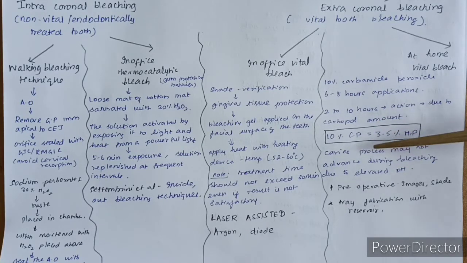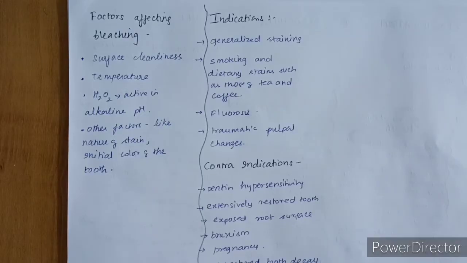Caries process may not advance during this bleaching because of the elevated pH. Carbamide peroxide maintains an elevated pH, so caries progress may not advance during this process. The important things are pre-operative images and stage selection, and fabricating a bleaching tray with a reservoir. So for completion of a question, when they are asking about bleaching, we should mention